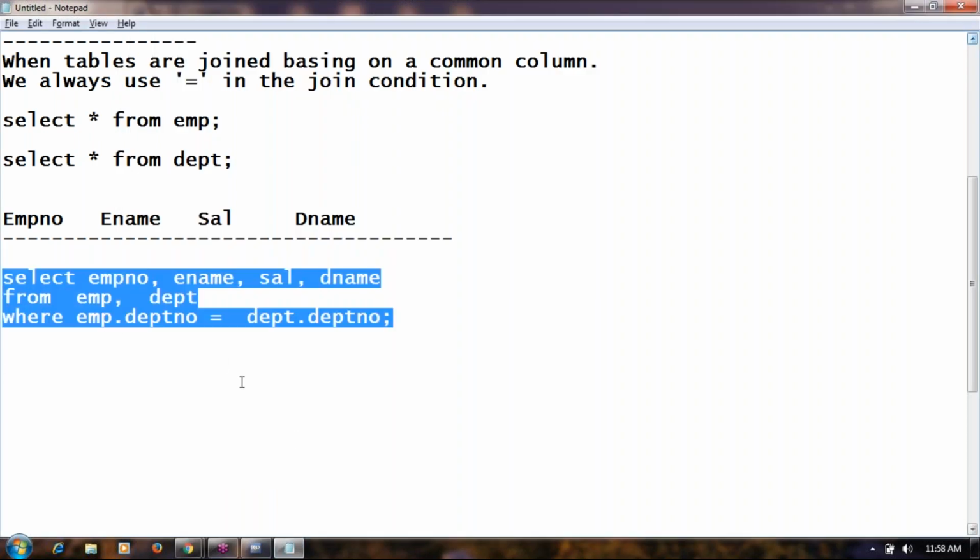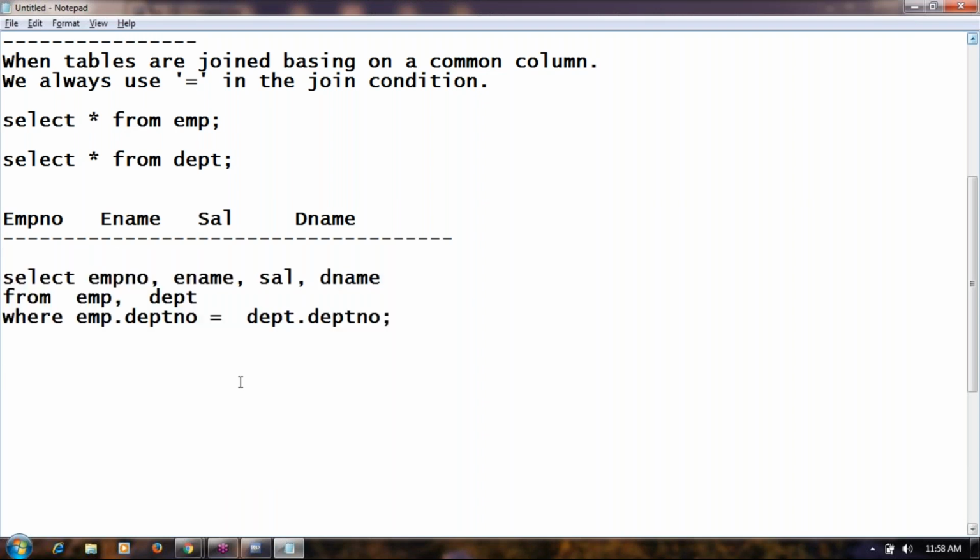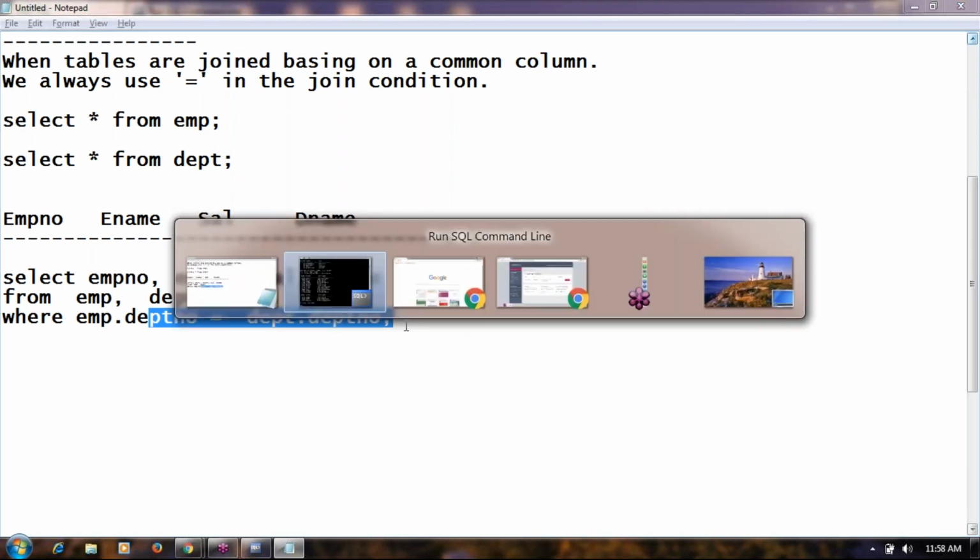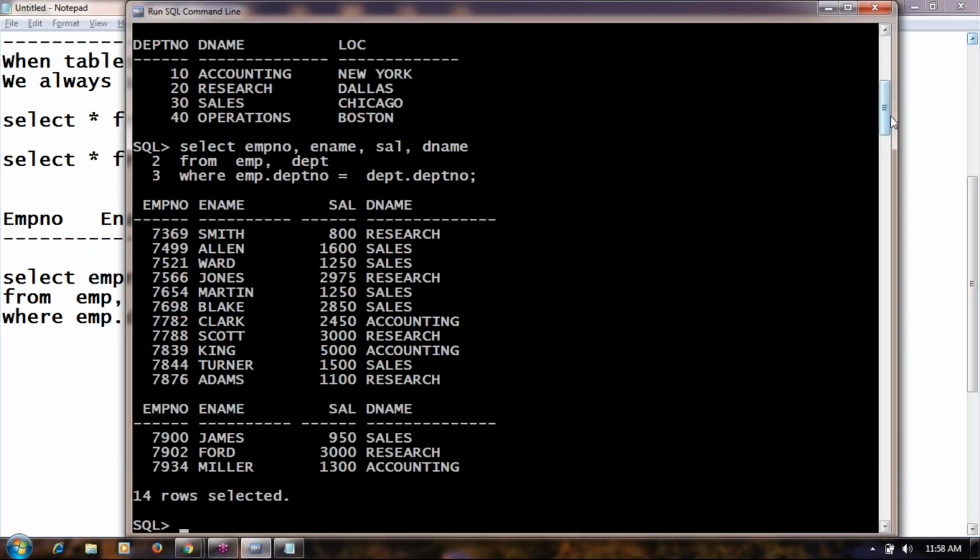Sunil, we have this common column in both the tables. Is this required to be a primary key or something like that? No, no constraints are required. So what is it actually doing? Look at this.